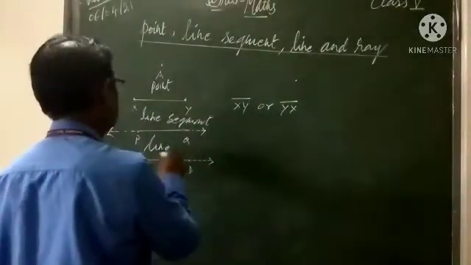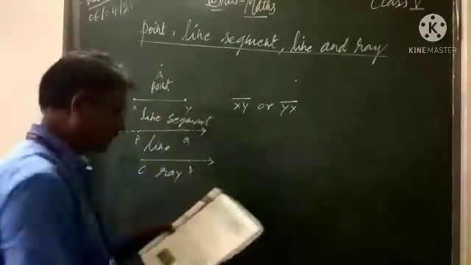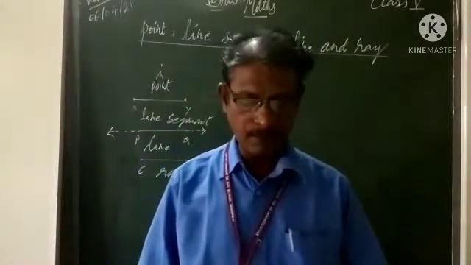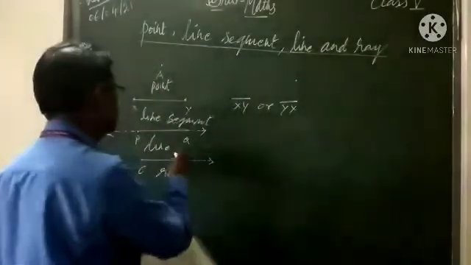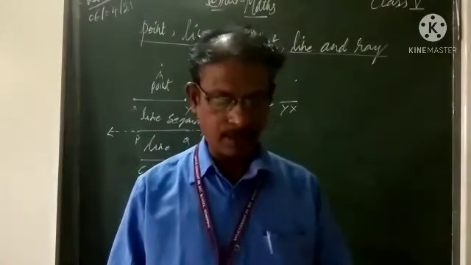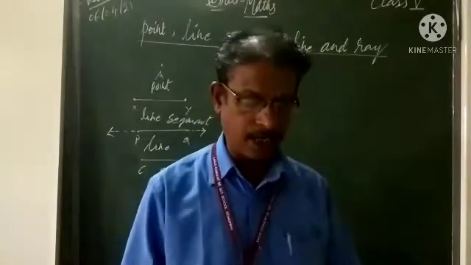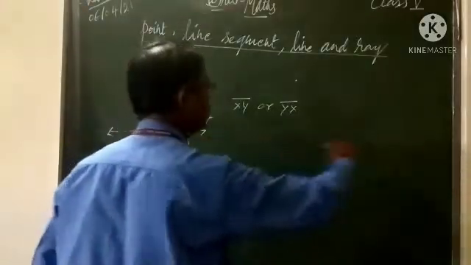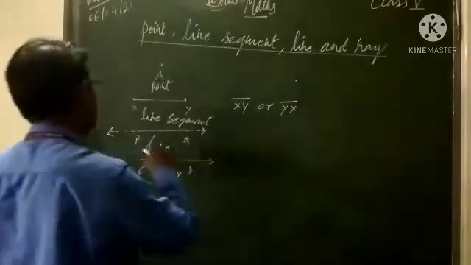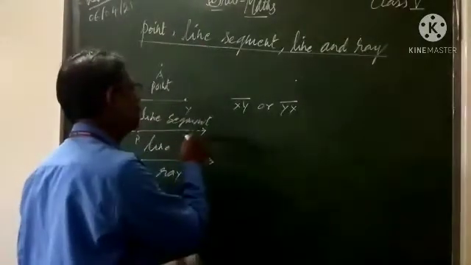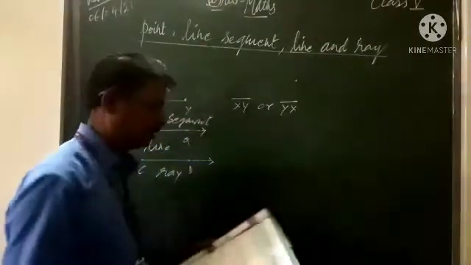Next one, a line is the part of line segment only. A line is obtained when a line segment like PQ is extended in both directions. A line is obtained when a line segment PQ is extended on both sides infinitely. Means this one here has no end. In long distances, here also in both directions it goes endlessly. जिसका end नहीं होगा. Arrow दिया मतलब ये जा रहा है सीधा. उसका end नहीं है.